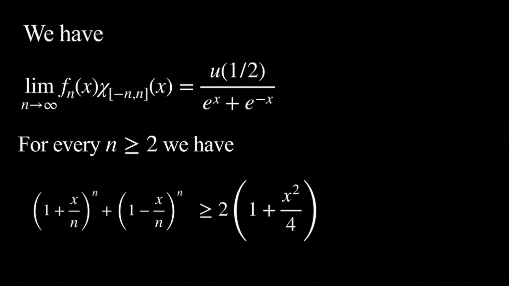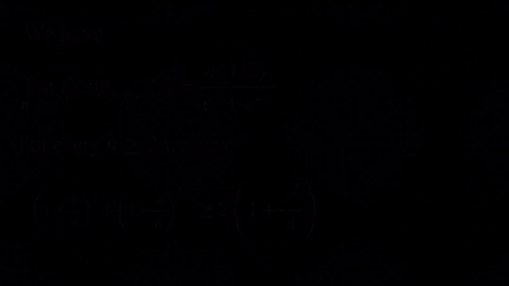Now, because (1 + x/n)^n + (1 - x/n)^n is actually in the denominator, when we divide by that quantity on the left-hand side, the inequality is going to be reversed. We can deduce that